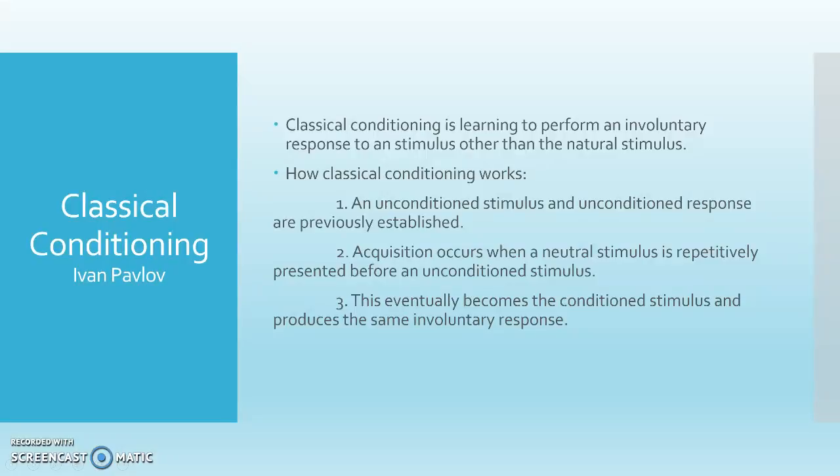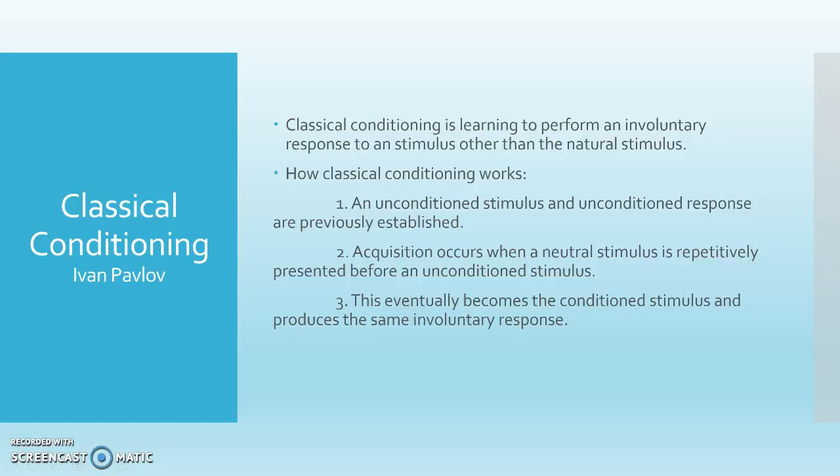Classical conditioning was discovered by Ivan Pavlov, who studied learning. He developed the concept based off the observation that it is possible for one to acquire an additional stimulus known as the conditioned stimulus when it is presented before the unconditioned stimulus. The unconditioned stimulus and response are natural reflexes with no learning involved. A neutral stimulus has no effect on a reaction or response before it is paired with the unconditioned stimulus enough times. The response produced by the conditioned stimulus is the conditioned response and is the same as the unconditioned response. More simply, classical conditioning is learning to perform an involuntary response to a stimulus other than the natural stimulus.